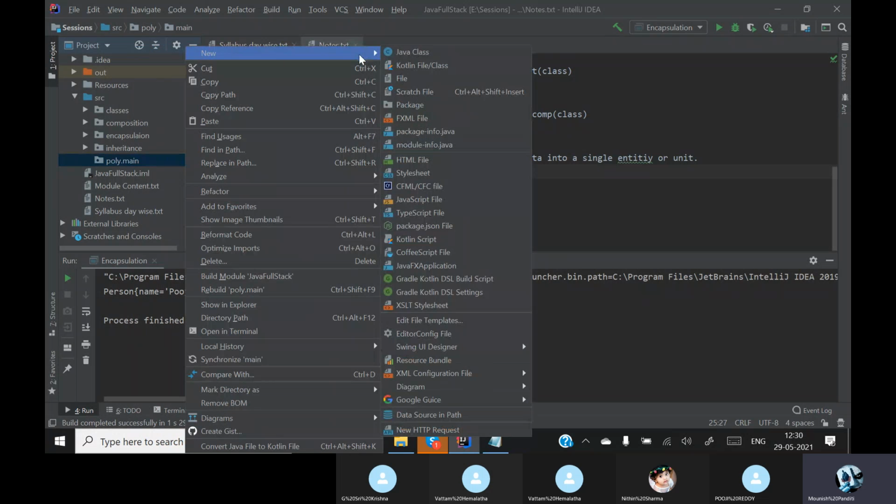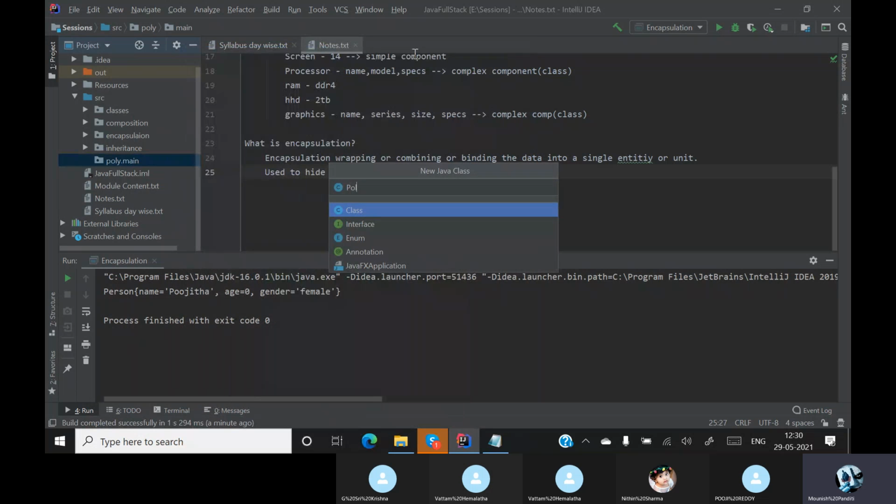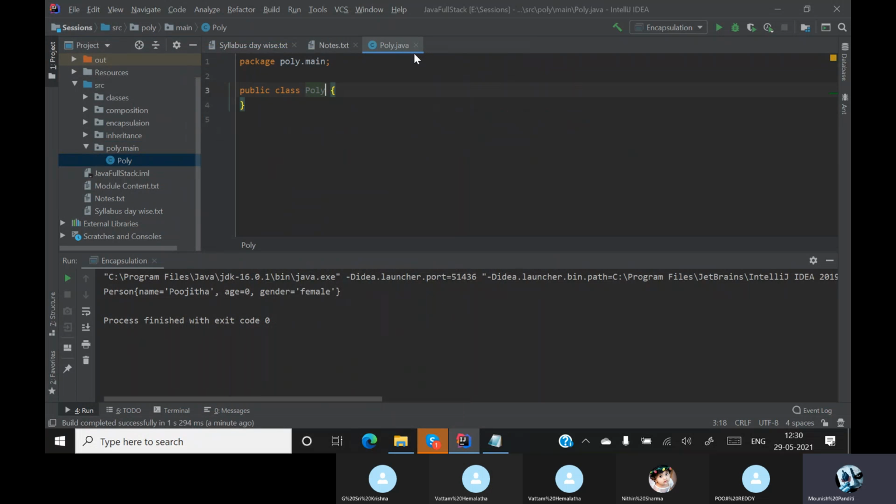So inside my main package, I'll have a class called poly that will be having my public static void main that will have some string arguments.